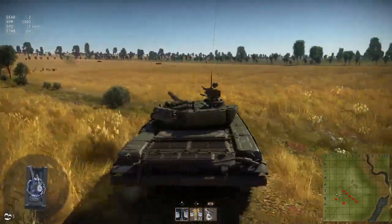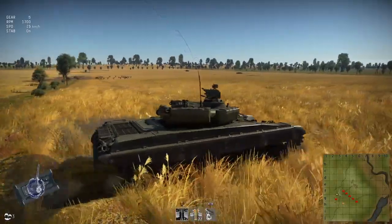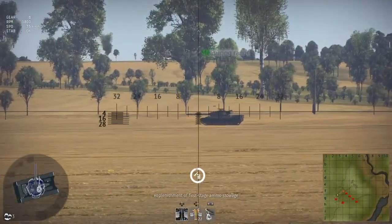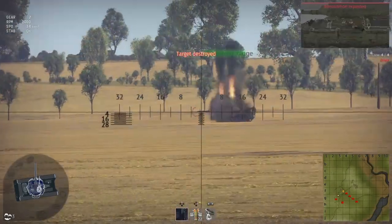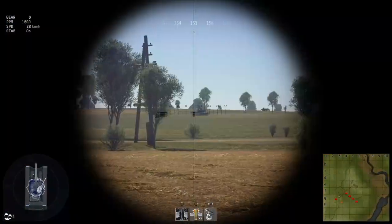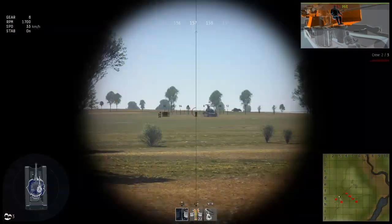Naturally, it's not the full shell casing because most of it gets... It's two-piece ammunition in a T-72, same as it is with most other T-series tanks at this sort of tier. So, let's try and see if we can hit this. That's an A1A1 on the move. Very nice. Target destroyed. This tank does have a battle rating of 9.3, so it's basically the alternative in Tier